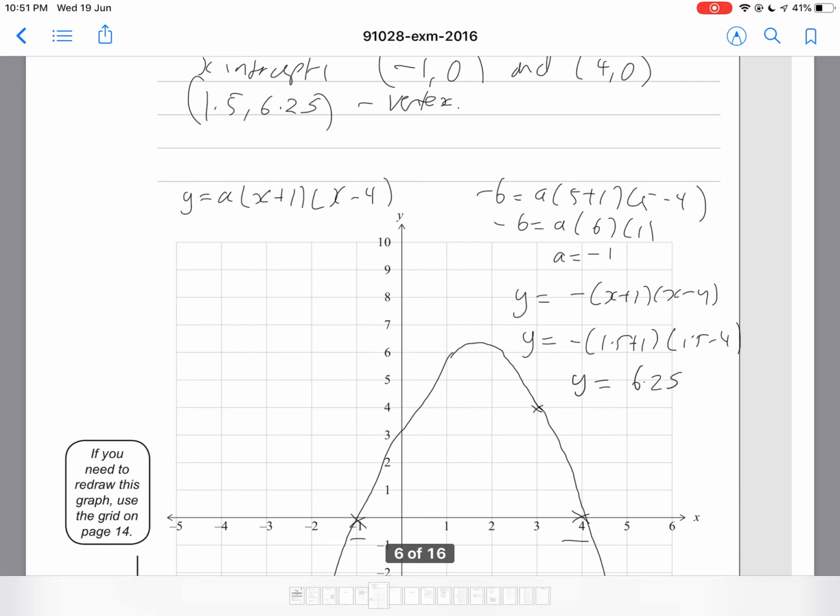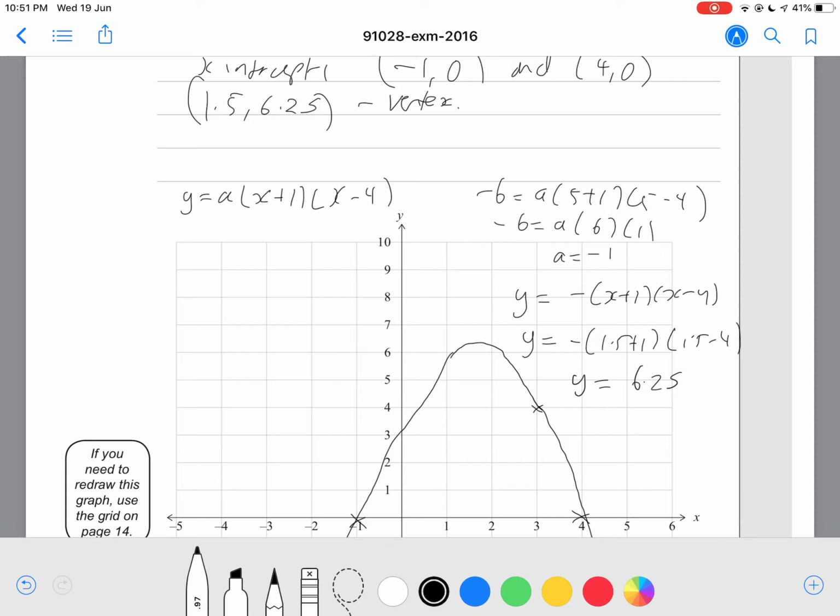Okay, and getting all the way to the correct vertex and the correct intercept and the correctly drawn graph will get you an excellence grade. To get you a merit grade, you're giving the correct x-intercept and the correct vertex. So the correct x-intercept and the correct vertex will give you a merit grade. To get an achieved grade, you're getting the